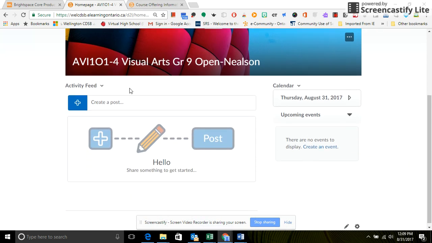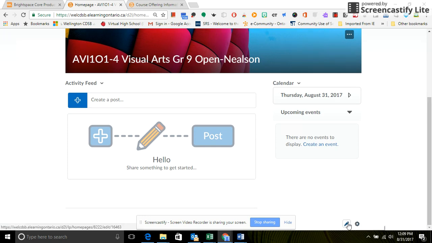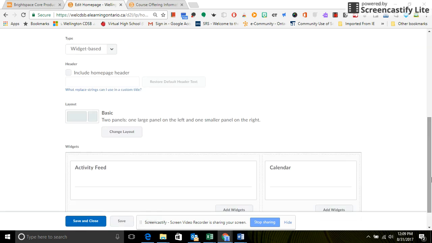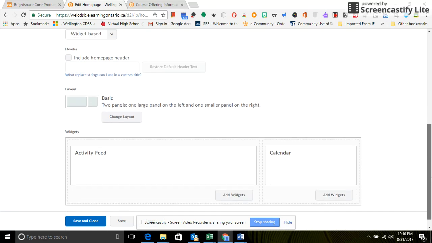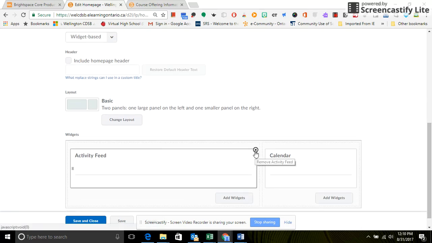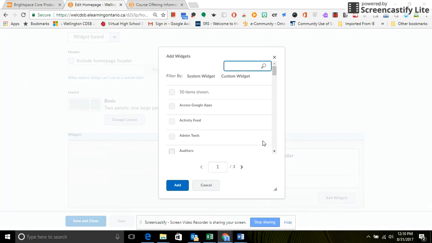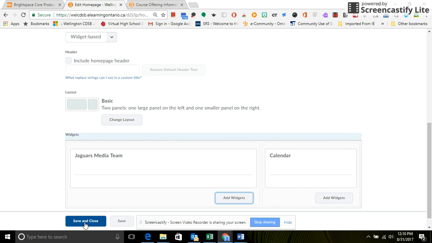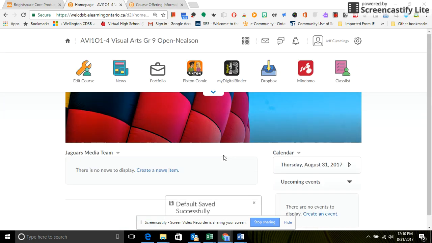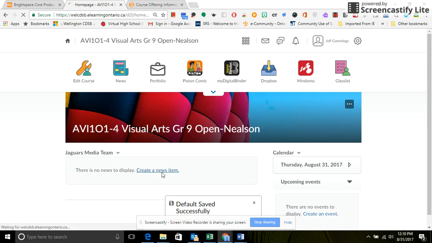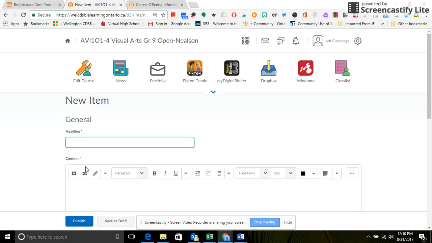You can also put the newsfeed widget back and get rid of the activity feed if you prefer the old view. And you would just go to this edit homepage, and you're going to click on it. And in this one, we have set it up with the activity feed, of course. So we're just going to click, go add widget. And we're going to maybe bring back the news feed widget that we had in the past. Click add. And she must have renamed it at some point. Click save and close. And that is the old interface that we had in the past, where you can add YouTube videos, OERB activities,